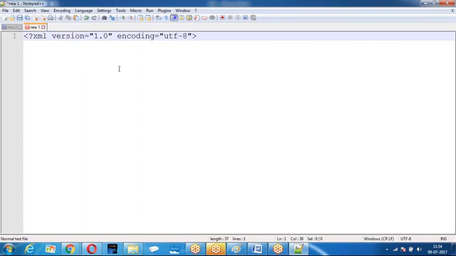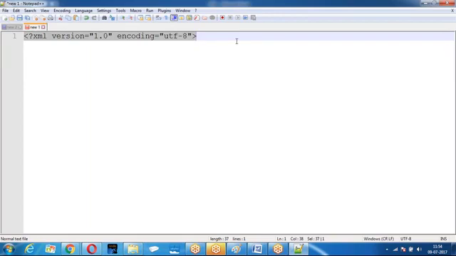Any XML file you take, by default we are going to get question mark XML version 1.0 encoding UTF-8. Every XML file will start with this line.